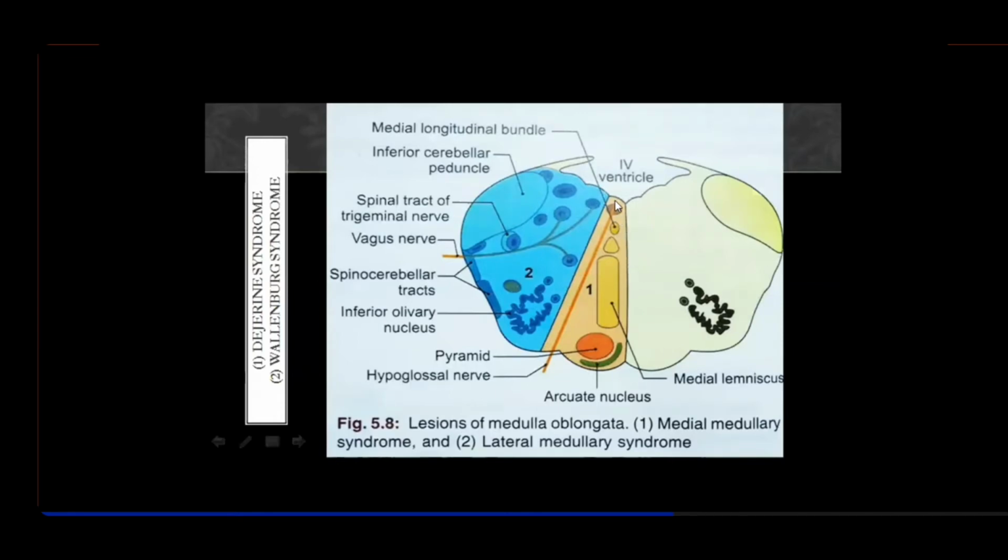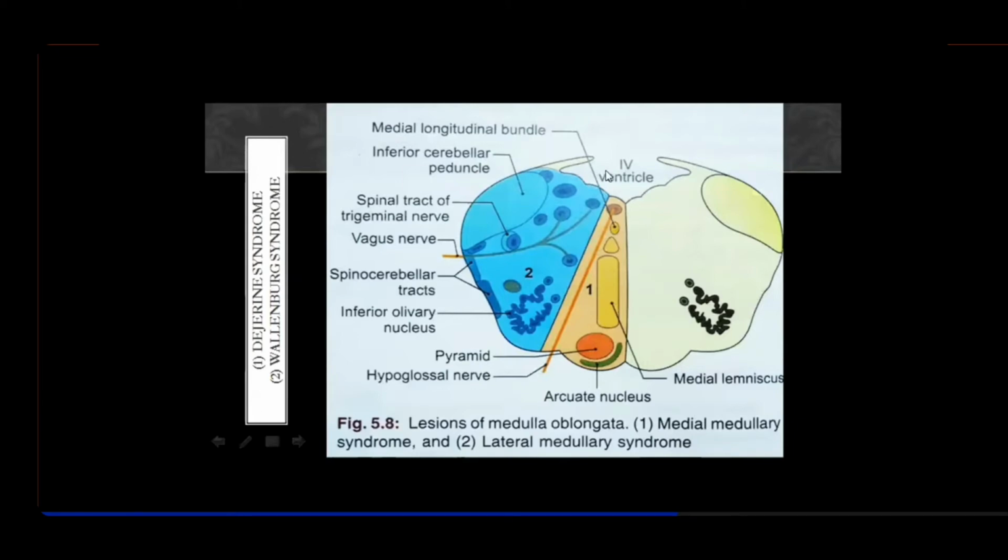Then, because of this injury to the hypoglossal nerve nucleus, remember, from this nucleus, these are the lower motor neurons, and lower motor neurons supply the ipsilateral half of the tongue. So there will be ipsilateral paralysis of the tongue, the muscles of the tongue, and there were 7 muscles innervated on the same side, including genioglossus of the same side.